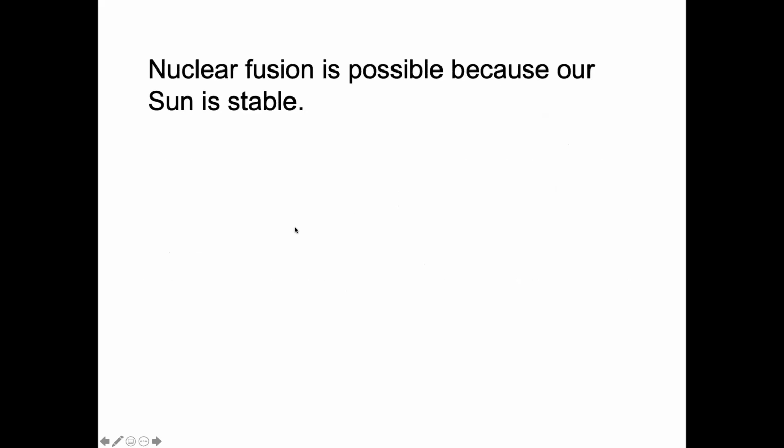Okay, so the reason that the sun is able to undergo this process of nuclear fusion is that it is stable. And when we say it's stable, we mean it is happy doing what it's doing. It wants to keep the status quo of everything that's going on within the sun. You might equate the word stable to balanced. Something that is stable is in a good balance. But a balance of what?